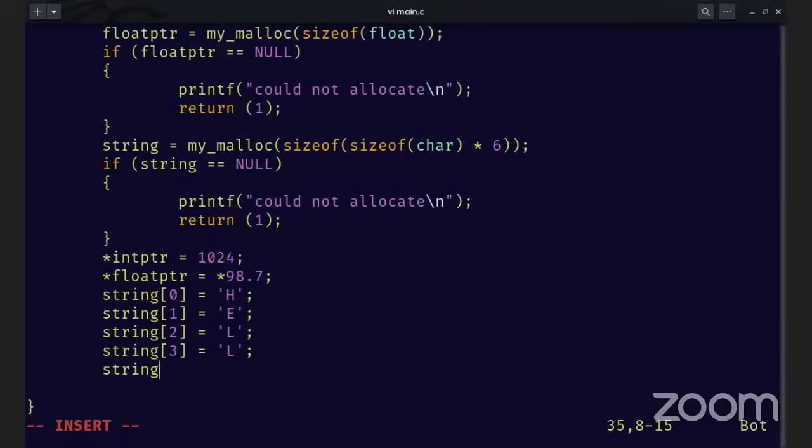So the last one would now be string 5 is equals to what? We have the null byte. That's the end of the string. Every string ends with the null byte. So we have this. Now we're trying to print this out. So we print